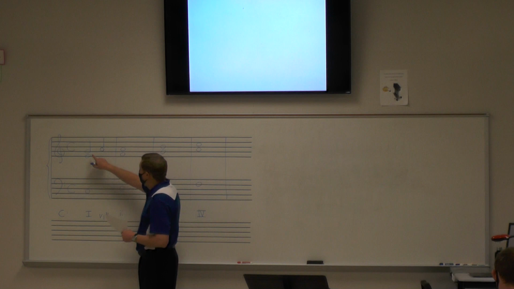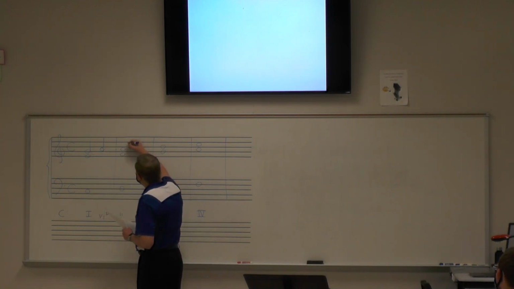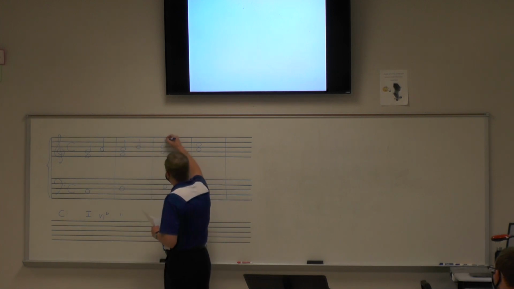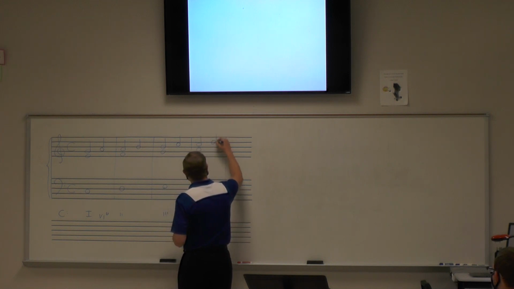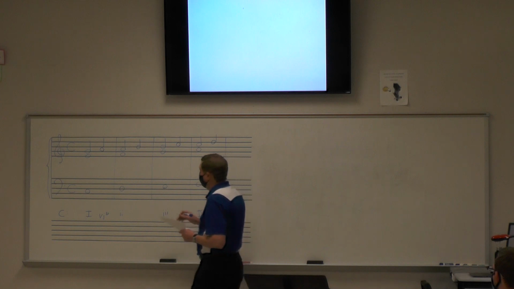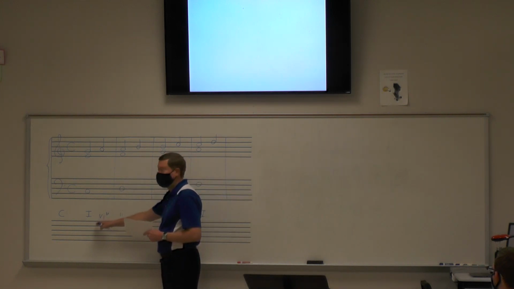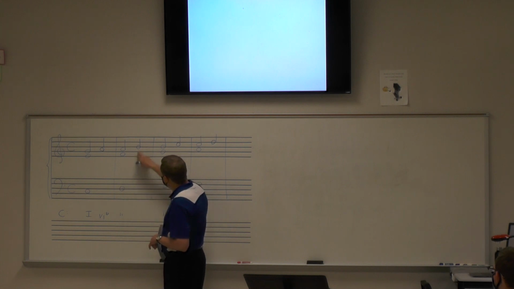Let me do the same thing. If the soprano's pattern now is da da, then I'm going to do the same thing in this measure, da da, and the same thing in this measure, da da, and the same thing in this measure, da da. And so now I get 2 chords per bar, as I did in this measure. And so this is a 2 chord, but B, D, and F,